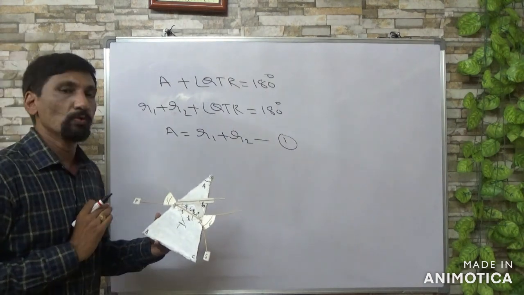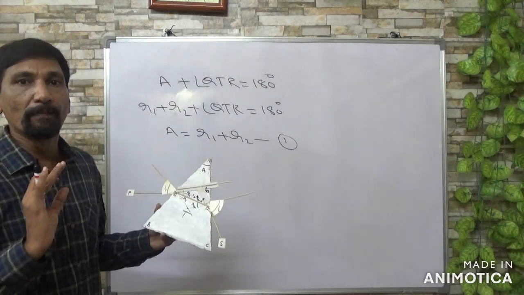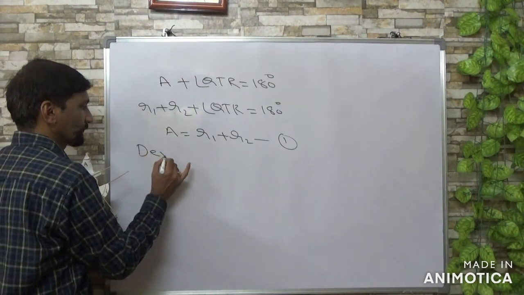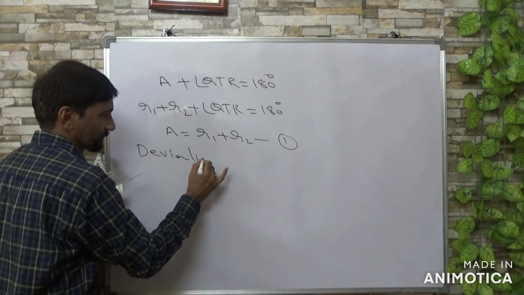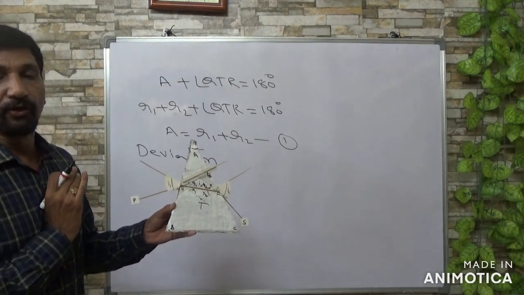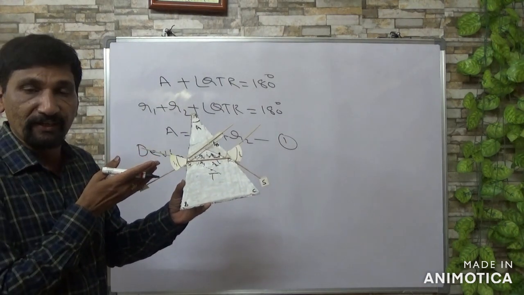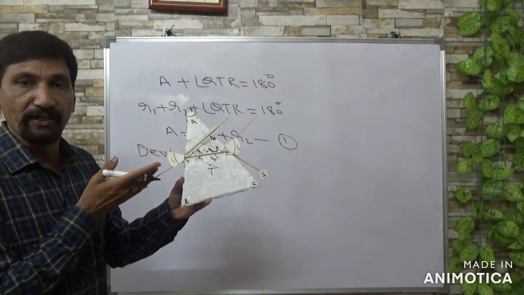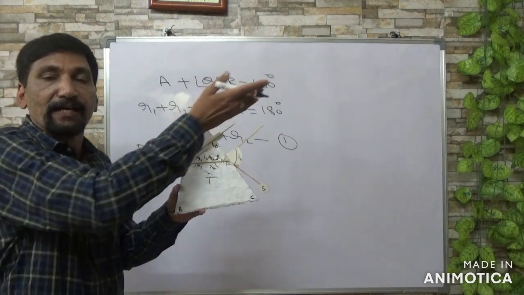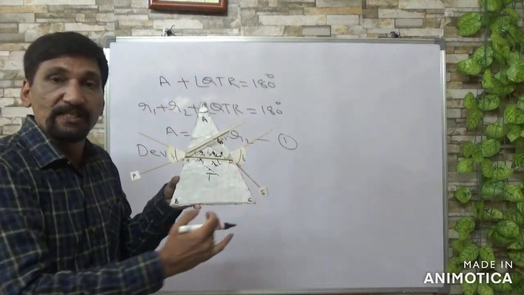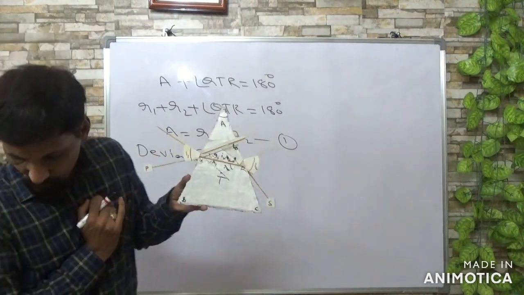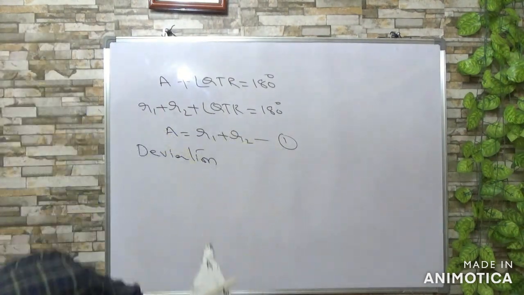Now we are going to know about deviation. What is deviation? This is the incident ray, right? PQ is the incident ray. If there is no prism, it would have gone straight. But because of this prism only, it is deviated. So, how to find the angle of